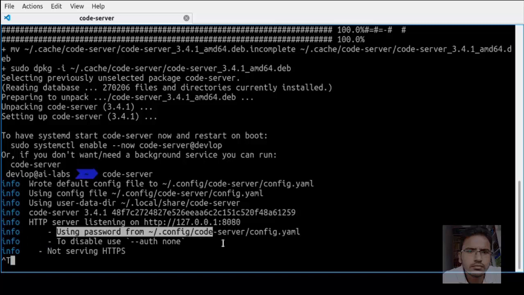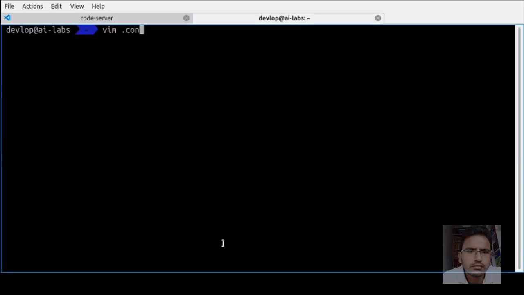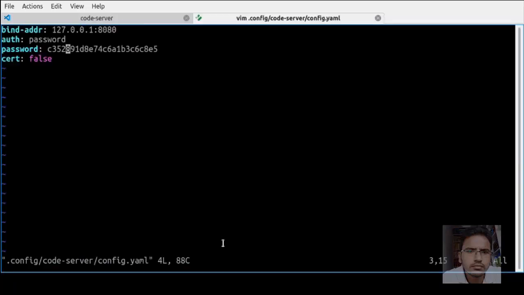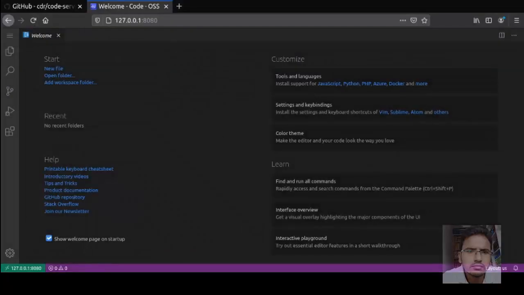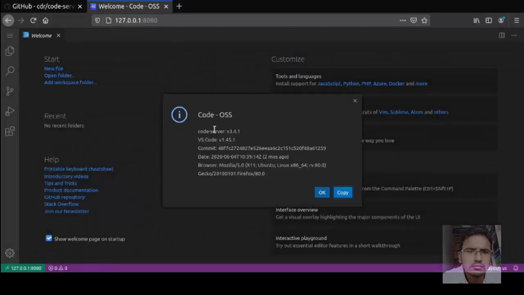Open the YAML file, config.yaml. Copy this password and paste it into the browser. And we are ready to go. Code server is installed on your machine.